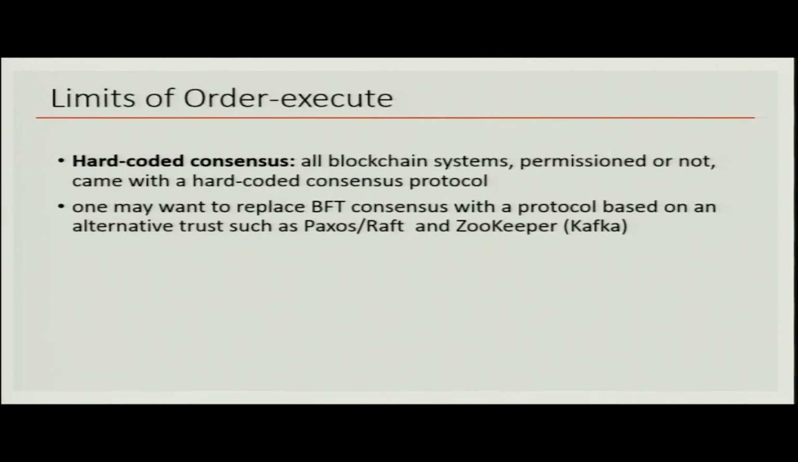And the final thing is that in Bitcoin and similar blockchains, this is hard coded. The order-execute blockchains have the consensus algorithm hard coded, which means that Bitcoin has proof of work, Ethereum has proof of work, but if it wants to go to proof of stake, it has to do a hard fork. Whereas here, since your ordering service or consensus service is agnostic of the business application, therefore, you can decide,